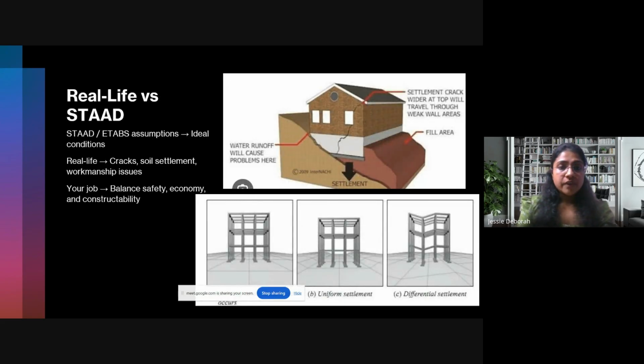Now if you see real life versus STAAD, in ideal conditions, in case there is some problem with your modeling and your SBC is not proper, this will cause settlement. We would have all studied about settlement. The soil settles. That can be because of natural conditions, earthquakes, or water runoff, but it mainly happens when you choose the wrong kind of foundation for that area,